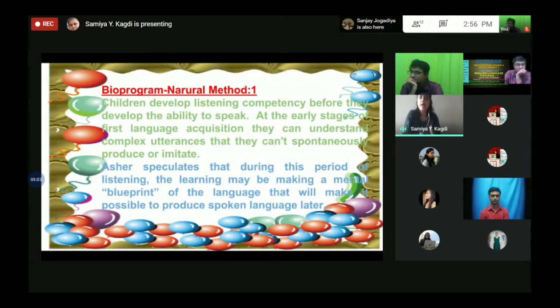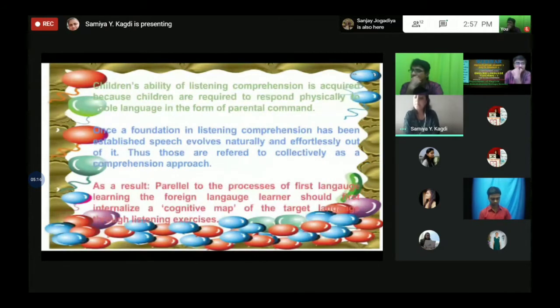and we are giving a response to a particular situation or an event. In that way we have to see here. So I'm not discussing further, I have just explained. Here it is rightly written, children's ability of listening comprehension is acquired because children are required to respond physically in the form of parental command. Once the foundation in listening comprehension has been established, speech evolves naturally and effortlessly out of it. Thus, this is the basic stage of learning which a child must acquire, and it will be followed by his or her adult learning